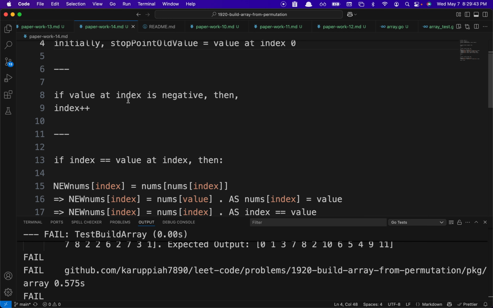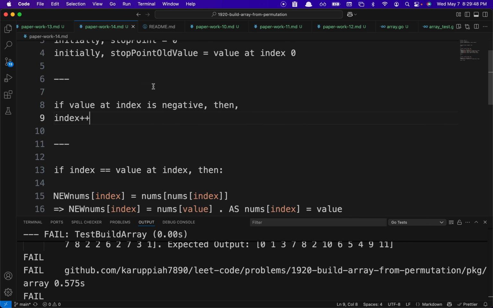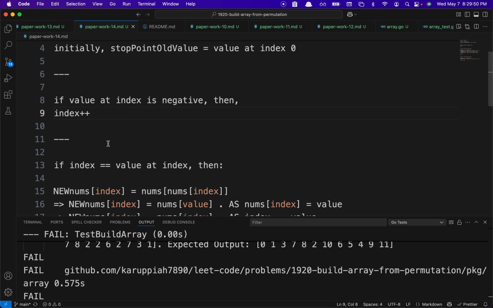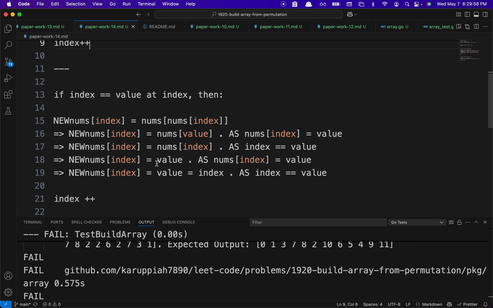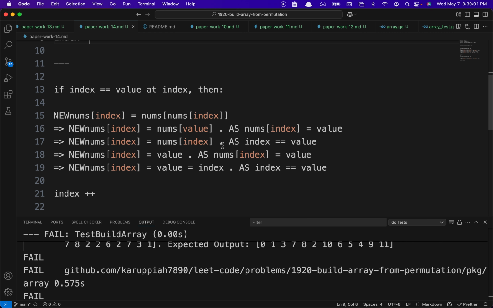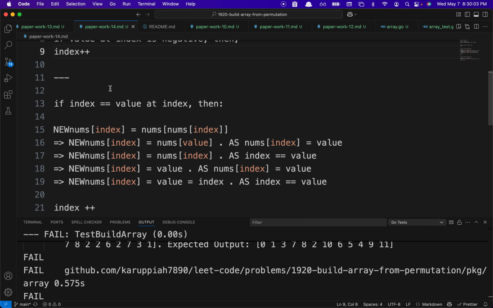And if the value at index is negative, then plus plus, right? Whenever there's negative, you just go ahead. And when the values are equal, you just put the value there. You don't have to do anything. Just go forward, right? The only thing is what happens when